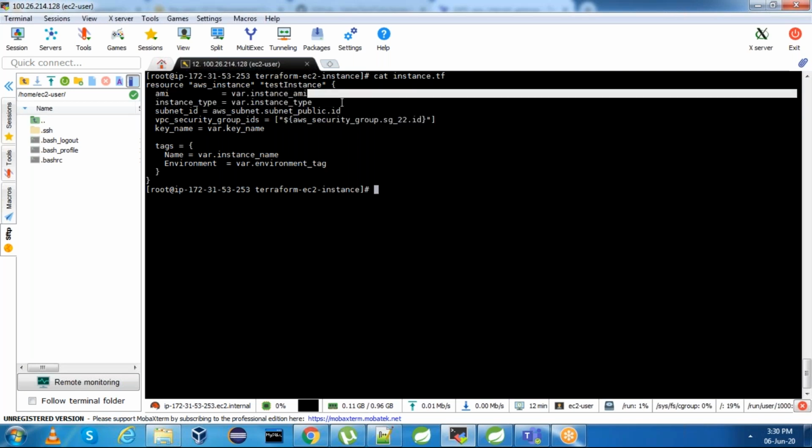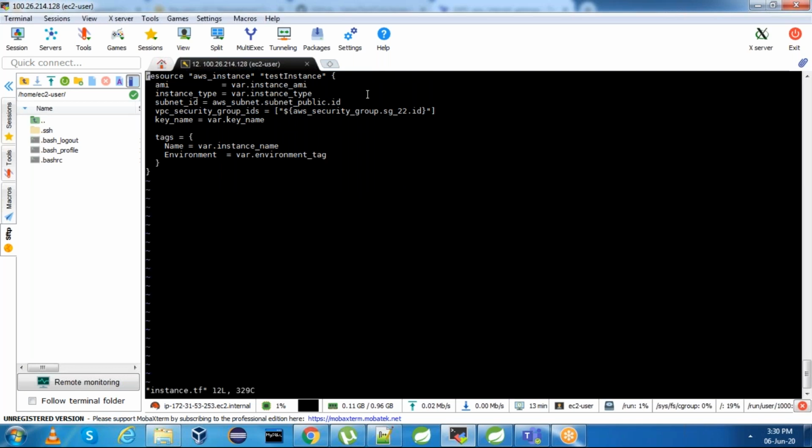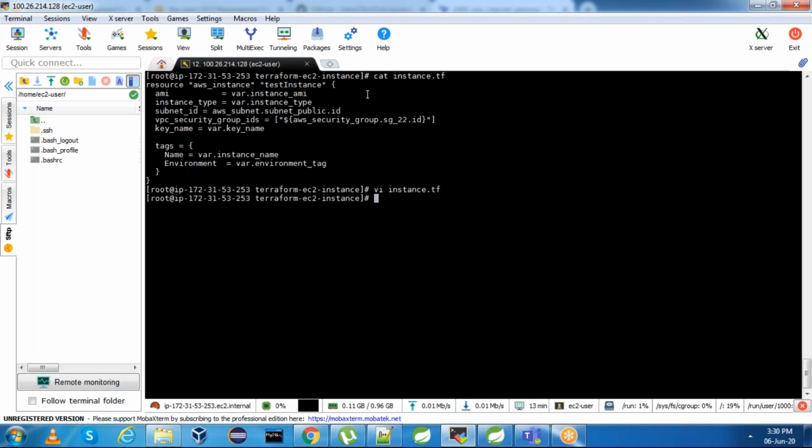This var.instance_ami, you can refer to like this also, with the dollar and curly braces. Even this will work. Let me save this file.